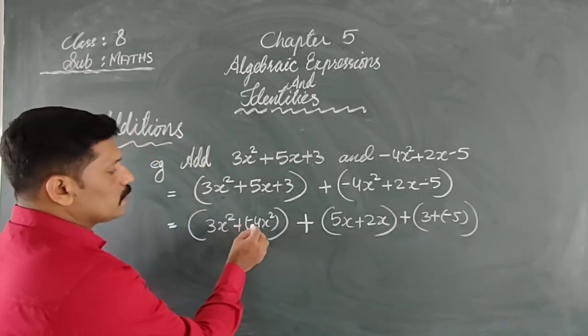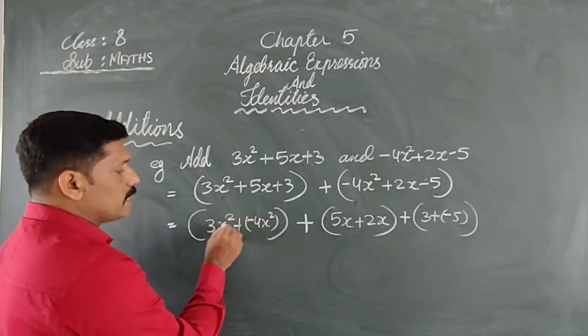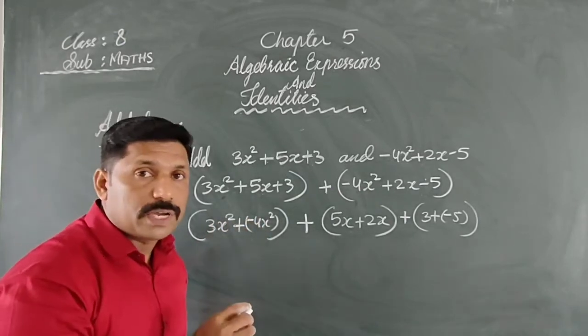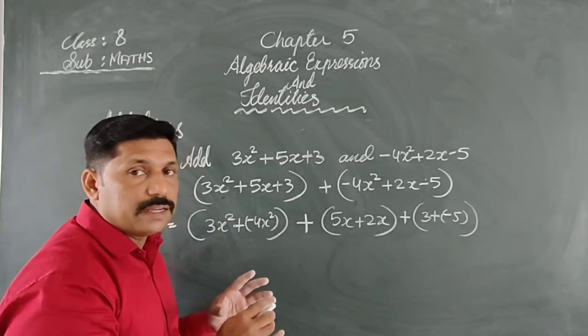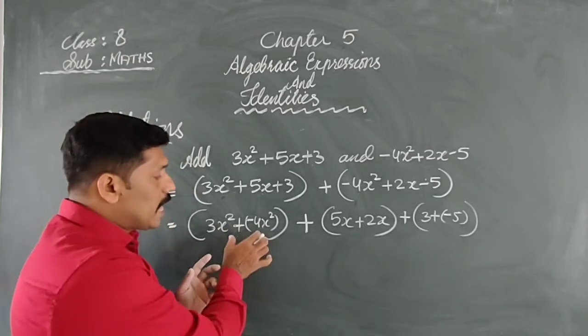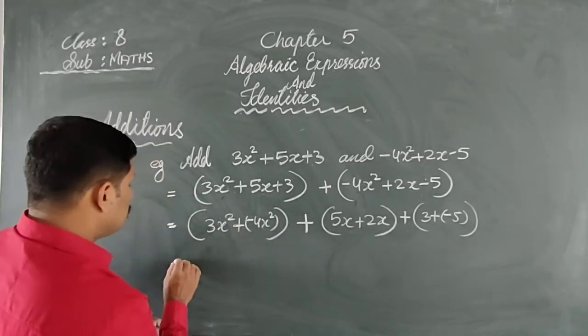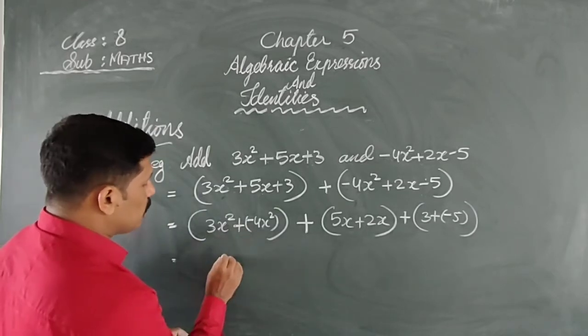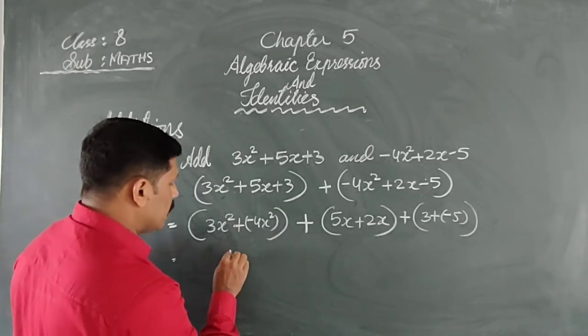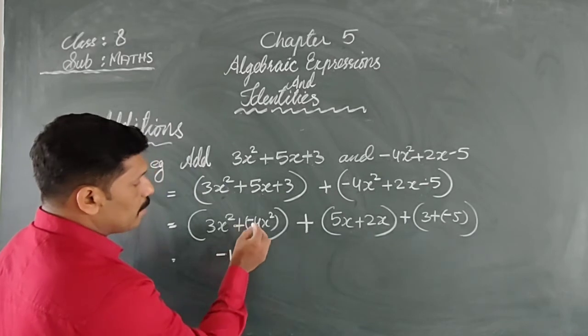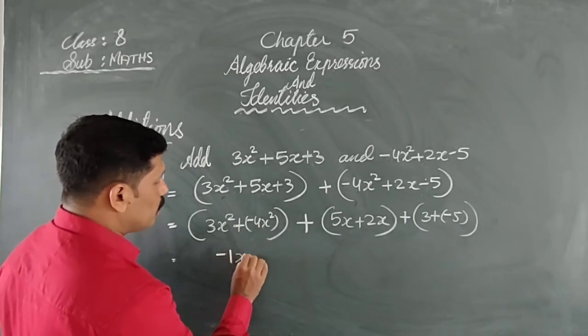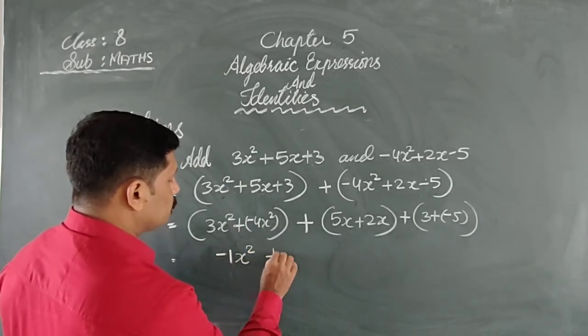Both are positive numbers now. One is negative, another is positive. So the symbol also you have to take into consideration when you add. If one is negative, another is positive, in addition, you know that we want to subtract. So 3 minus 4, that is 1, negative 1, bigger number negative, therefore negative 1 x square plus